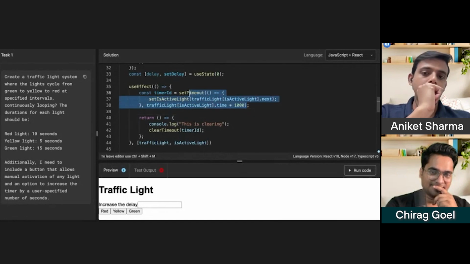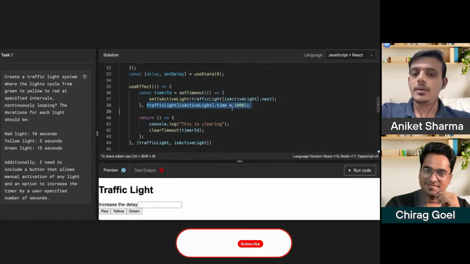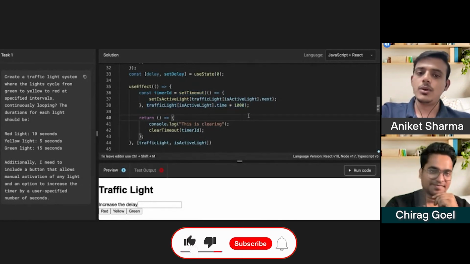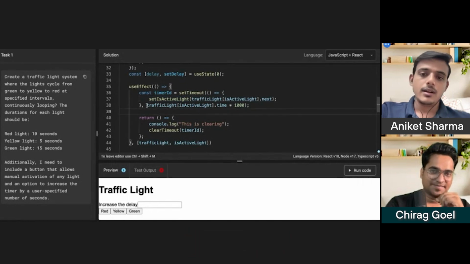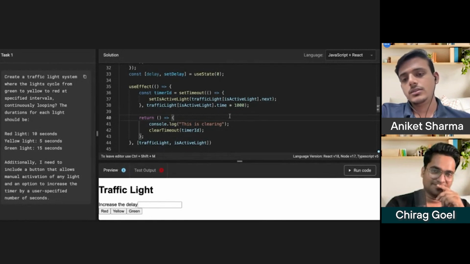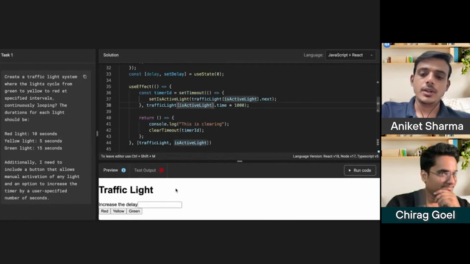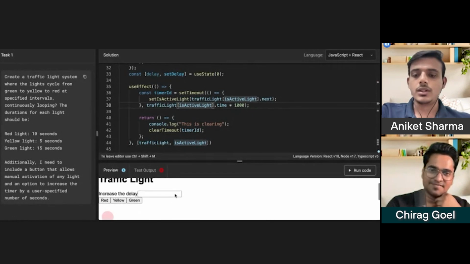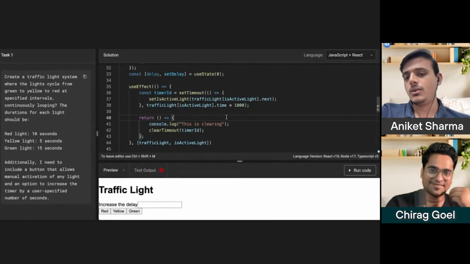So can you give a hint? Because whenever we are declaring a set timeout, we always provide a timing as well, that is, after how much time this set timeout's internal callback will get triggered. But if I want to change the timing at runtime, we can't clear this set timeout, correct? Because if we clear that, we lose track of whatever flow was going on. So how can we do that at runtime for the set timeout?